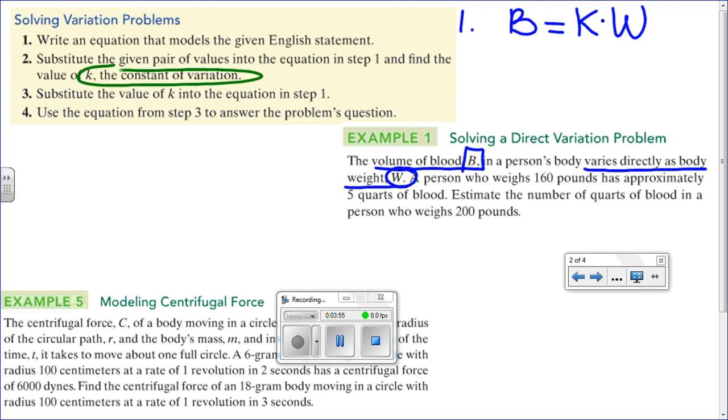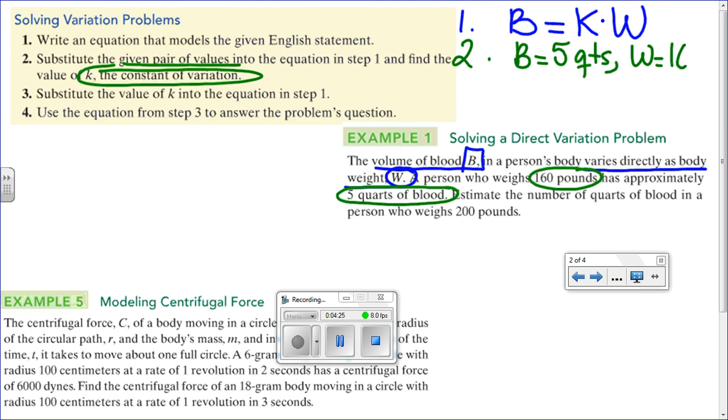Now, number two, we have to find the constant of variation by using the given values. So the given values here are a person who weighs 160 pounds has approximately 5 quarts of blood. So if the blood is 5 quarts and the weight is 160 pounds,